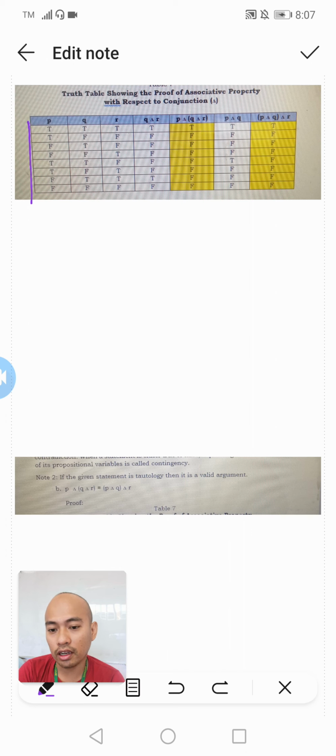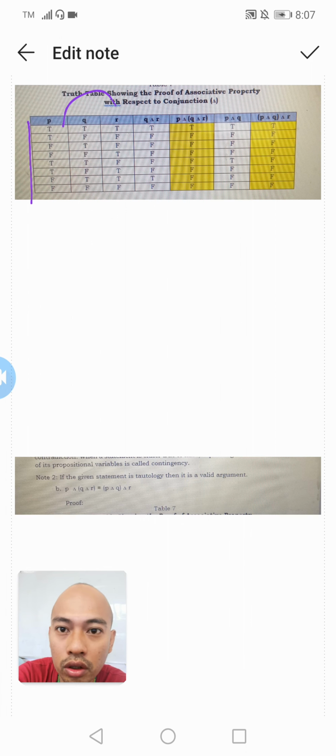So, kanina dun sa disjunction, at least one is true. Pero ngayon, dapat dalawang statements ay true para masabi natin that it is a true statement. Otherwise, if one is true or both are false, automatic these are false statements. Okay? So, since we are concentrating on Q and R, so we refer to the truth values under Q and